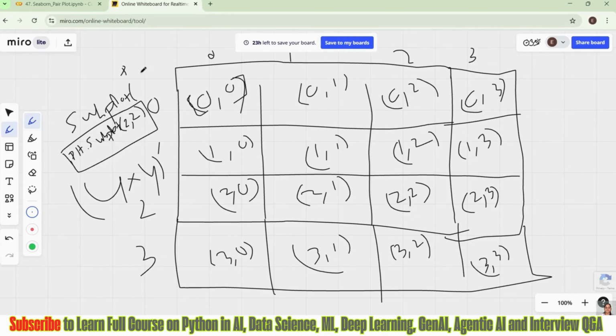By taking subplot 2, 2, it is going to create a 2 cross 2 matrix. And this is how it is represented: 0, 0, 0, 1, 1, 0, 1, 1. Likewise, 2, 0, 2, 1, 2, 2, 2, 3, 3, 0, 3, 1, 3, 2, 3, 3. So this is how it is getting presented.